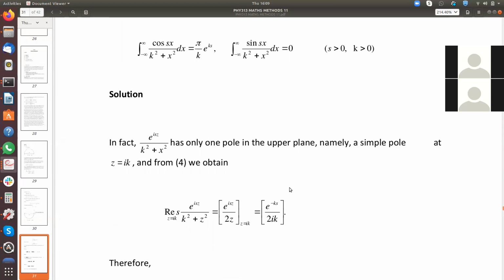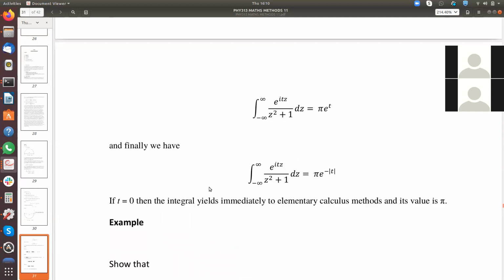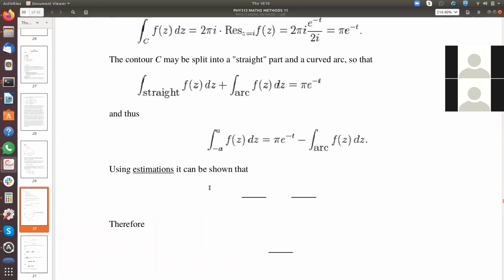In fact, exponential i z over k squared plus z squared has only one pole in the upper plane, namely a simple pole, that is z equal to ik. And from equation 4, we obtain